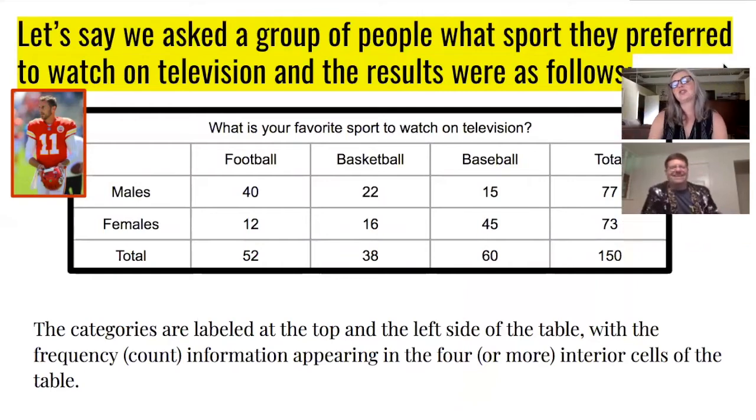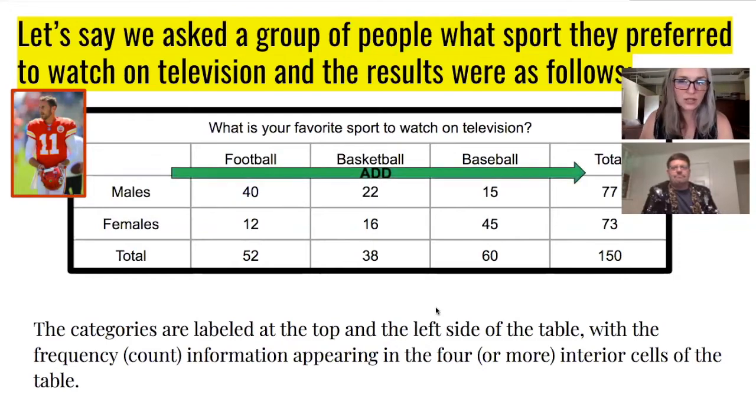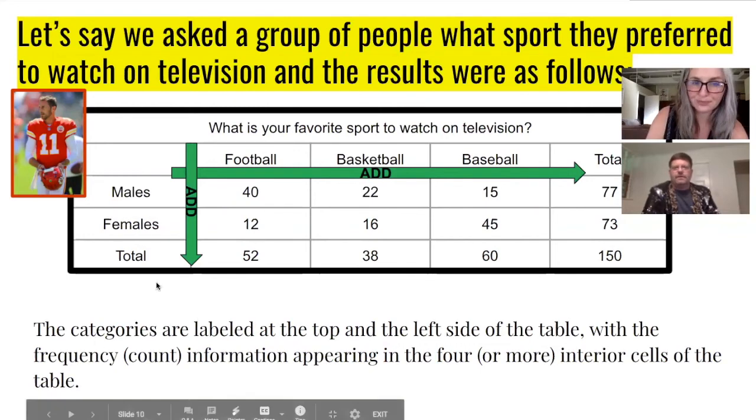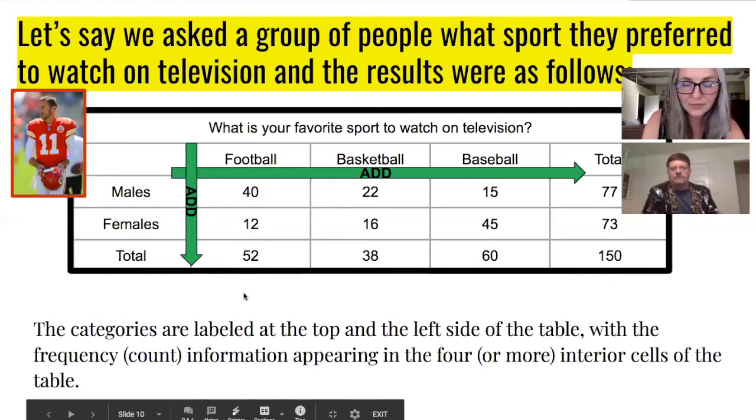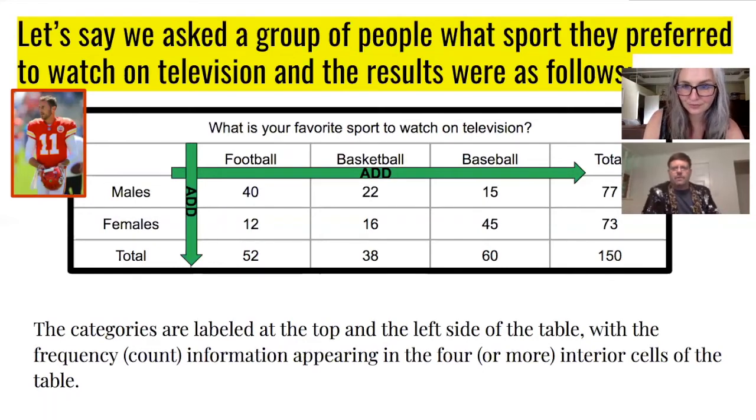In a two-way frequency table, you want to add totals because that's how you're going to answer your questions. So you're going to want to add horizontally and add a total column. 40 and 22 and 15 do indeed make 77 and so on. And add the columns and make a total row. 52. And horizontally and vertically, the bottom row and the far right column would both add up to